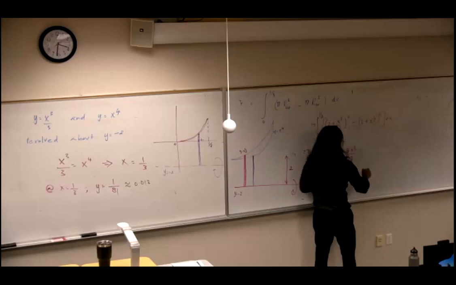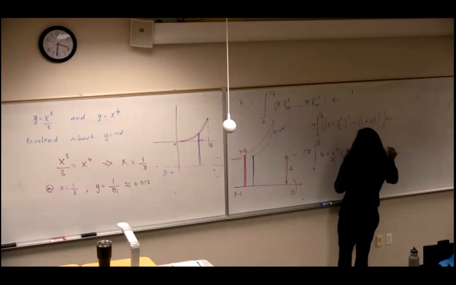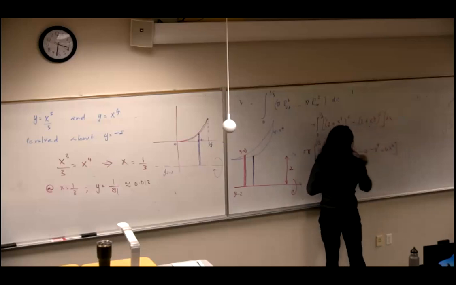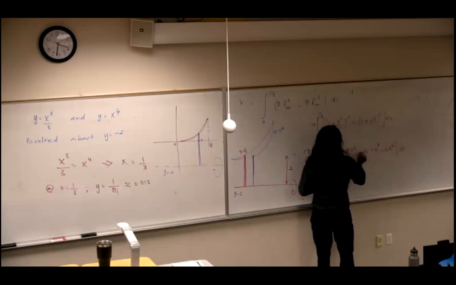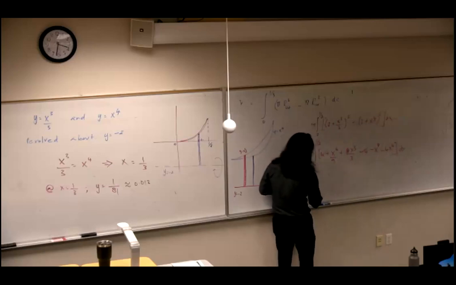Distribute the negative: minus 4 plus x to the 8. Sorry, minus x to the 8 minus 4x to the 4. Those 2 would go away, and if you integrate,